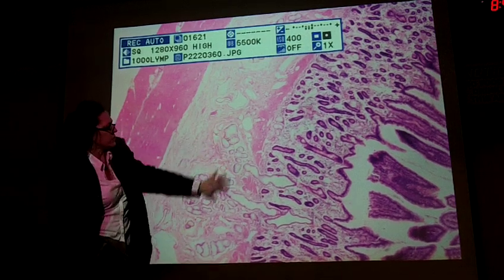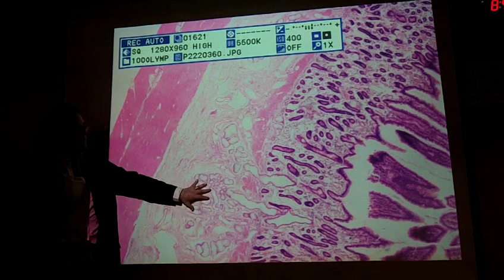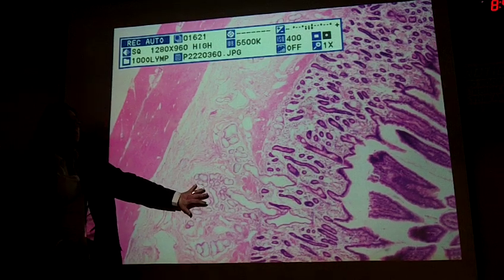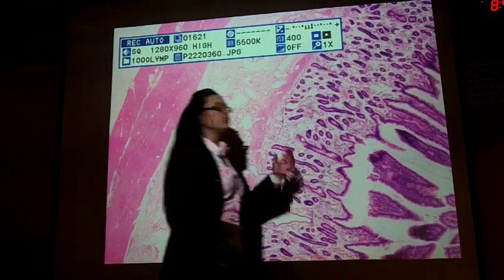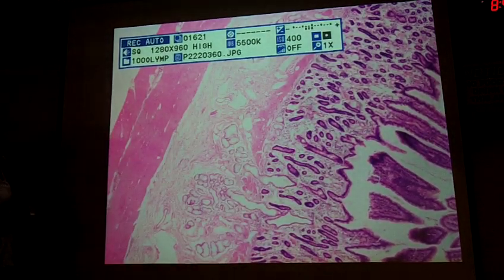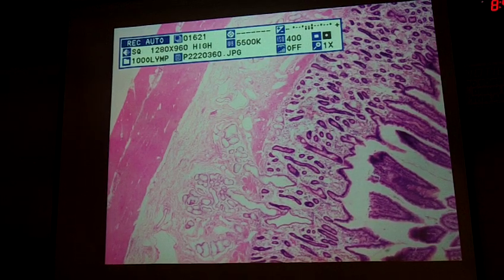So this tells you that you're looking at the duodenum because you see these glands. These glands are producing alkaline mucus that's going to go out here into the lumen and neutralize that acidic material coming from the stomach. Then if I go over to the ileum,